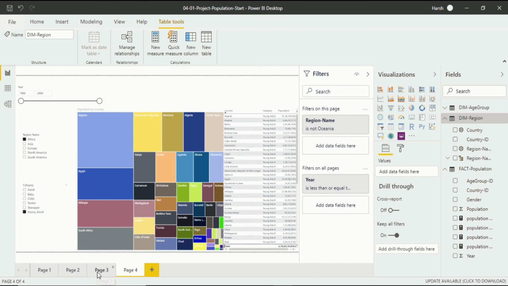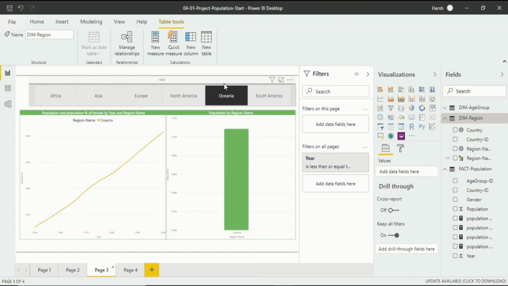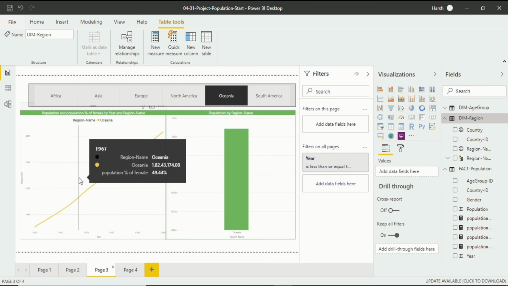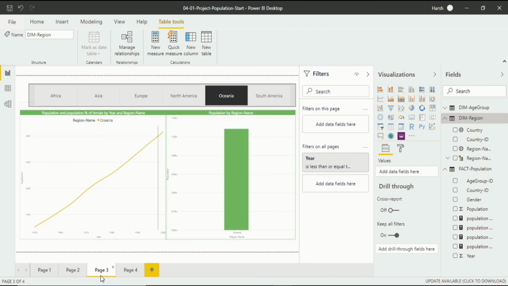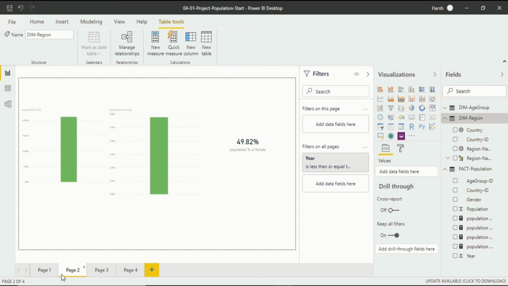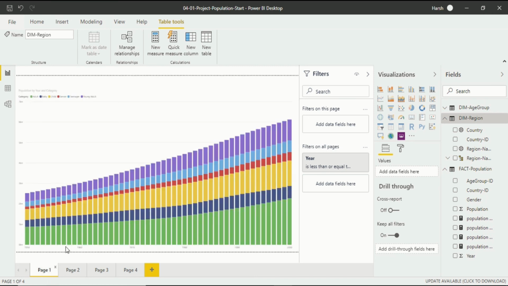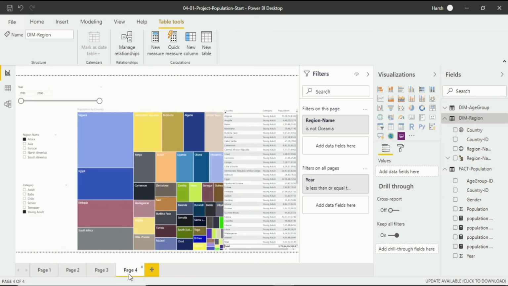When I go on another page, I will see again the data is available on this page, but for the year it is not, because I have applied it on the report filter, which is filter on all pages. Again, on the second page, the data is available for Oceania, and on the first page you will see in here the data for Oceania is available, but on page 4 it won't be.